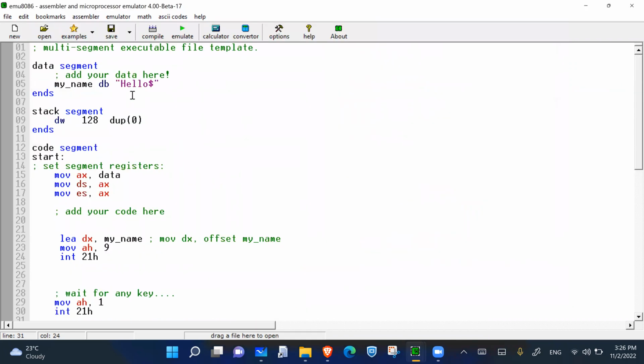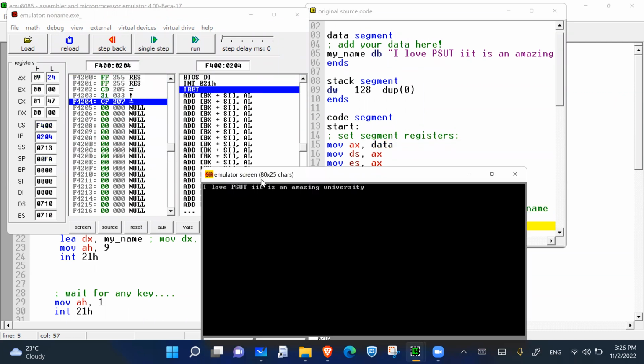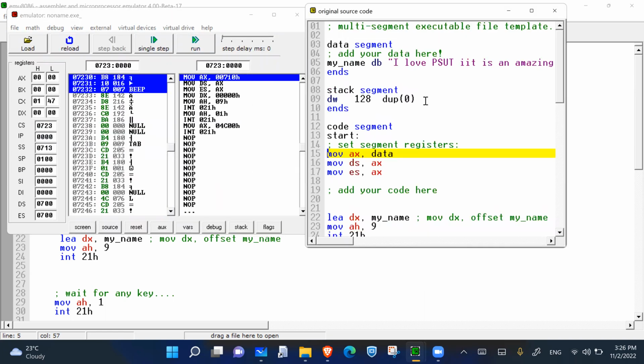For example, if you want more words, I love PSUT. It is an amazing university. Do it again. How about if you forgot to include the $ sign? No one will warn you or notify you. When you do emulation, nothing will happen. But when you run it,